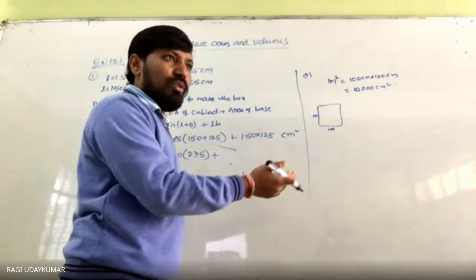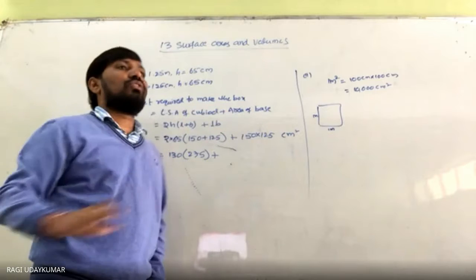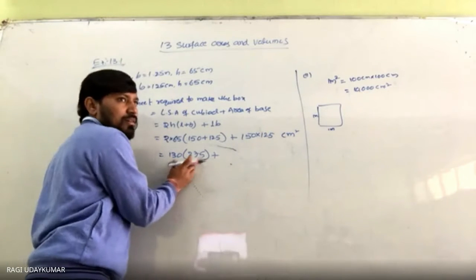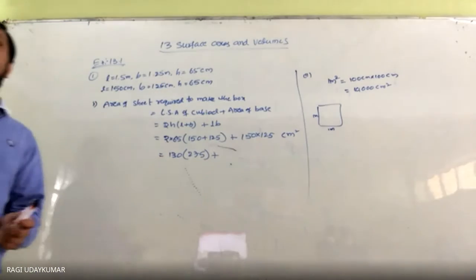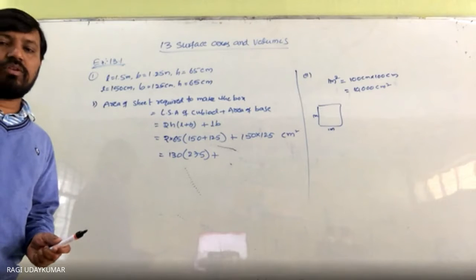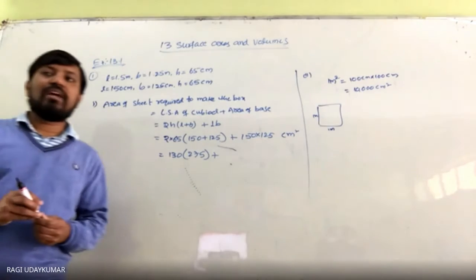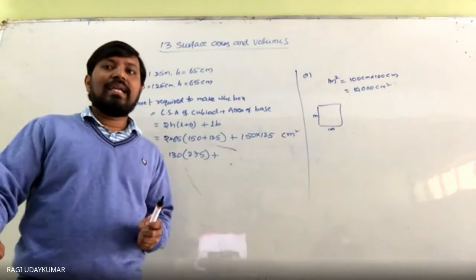And for the cost, the answer you are getting is to be multiplied by 20. Just multiplication only. That part I am giving to you because it takes more time and I need conceptual problems to be discussed now. Okay, so the second question: the length, breadth and height of the room are given as 5, 4, 3. Find the cost of whitewashing the walls of the room and the ceiling.